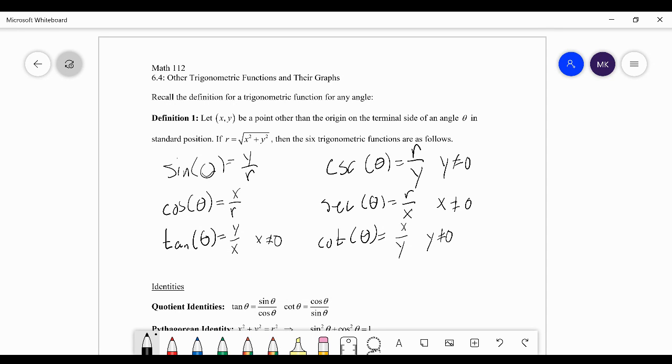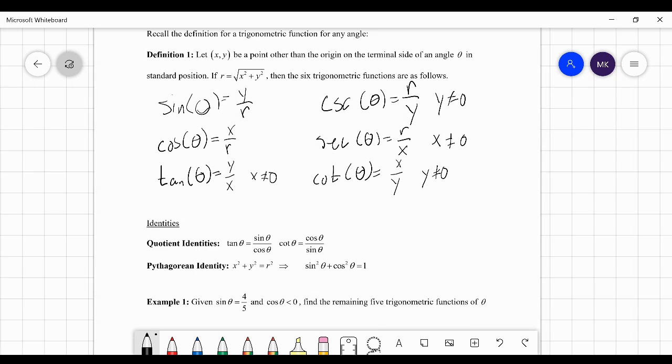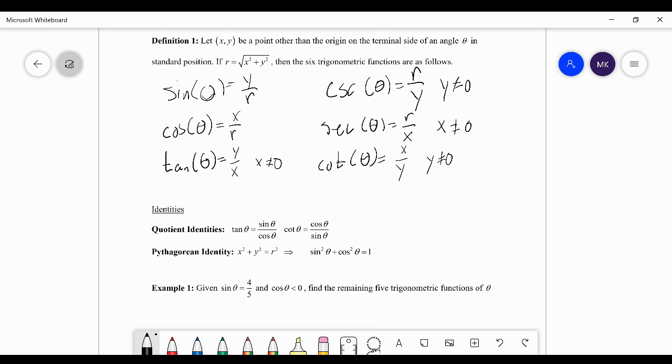Now, there are some identities here that I'm just throwing at you. The derivation of these is in the textbook if you want more information, but it's not too pertinent to the use we're going to have for it in this class. We get that tangent of theta is equal to sine of theta over cosine of theta, and cotangent of theta is cosine of theta over sine of theta. Where that really comes from is, if you look at tangent being opposite over adjacent,